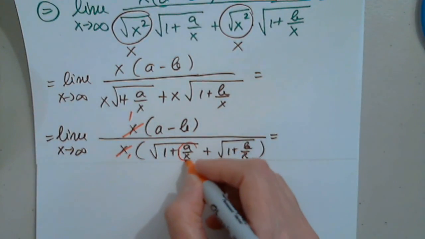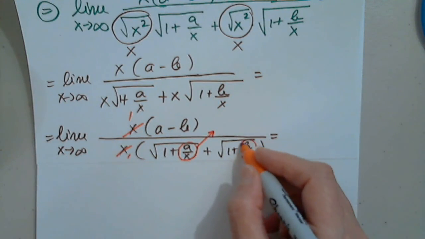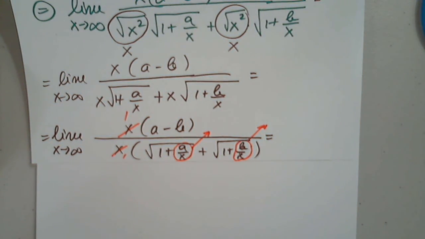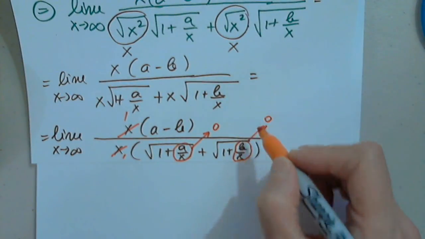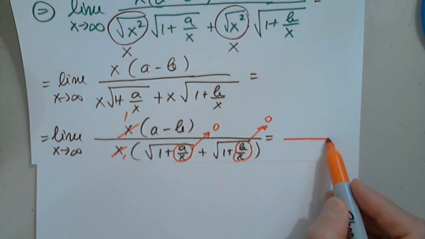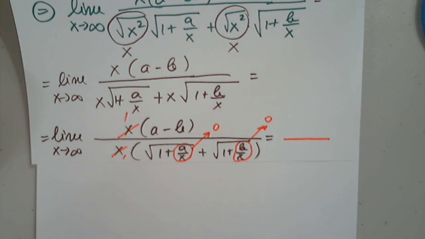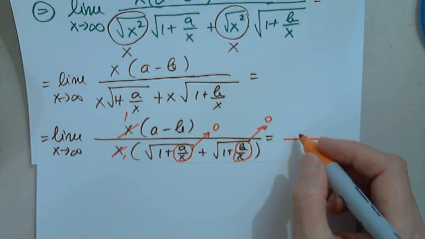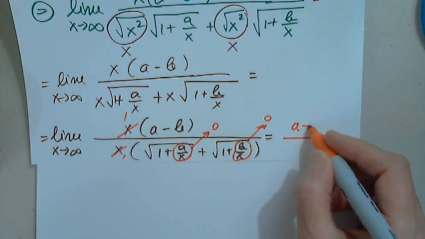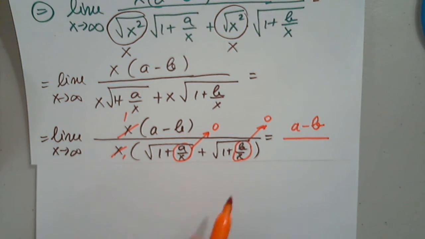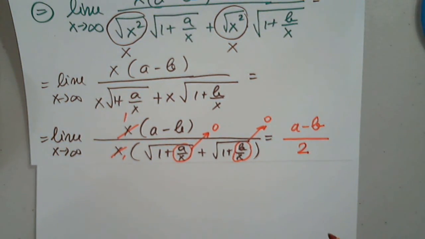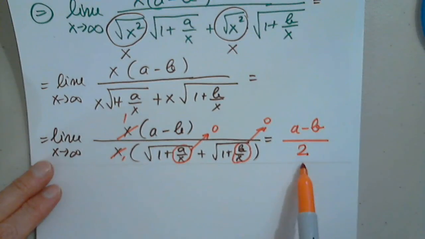Where does this go? And where does this go when x approaches infinity? 0. 0. Good. Where does the numerator go? Will it remain the same? A minus b. Minus b. Good. Where does the denominator go? 2. That's it. So y equals a minus b over 2